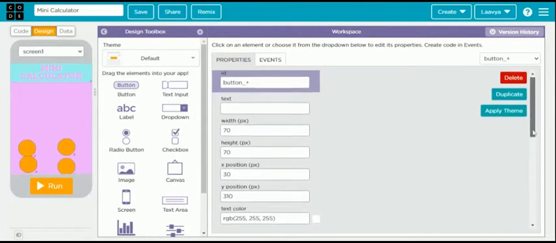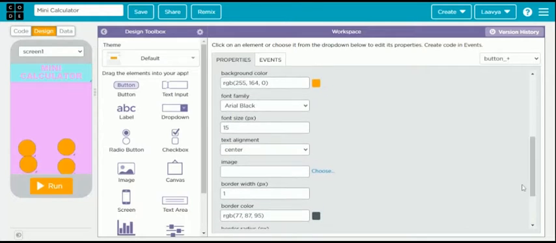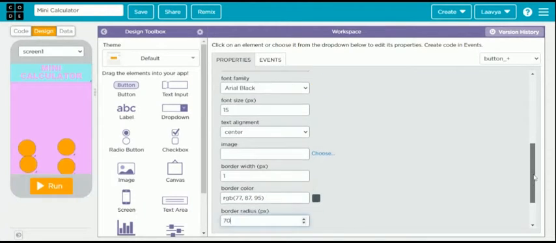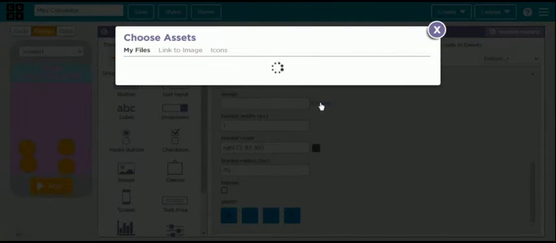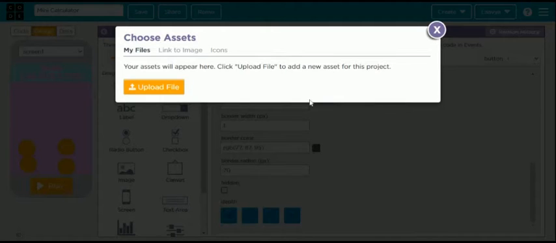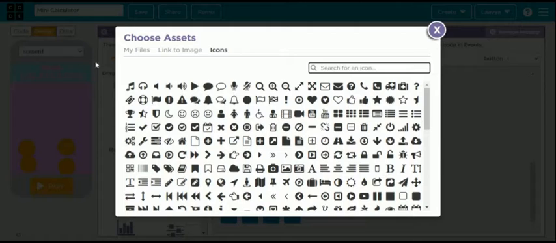Now I'll upload the image. So for that you will come down where you found border radius. Over there you will find an option image. You can press choose. Just a second. Yeah. So now if you can find it in icons, you can use that.